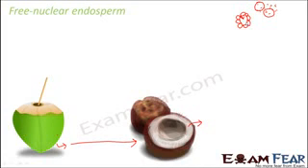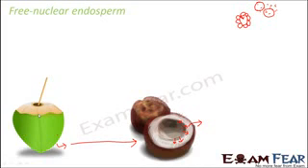So what happens, as I was telling, around these many nuclei, cell walls start to develop. So cells start forming. These cells and nuclei start settling at the periphery, and that is why the periphery tends to become thicker. If you see a tender coconut, it has a lot of water and very little white flesh, and there is more of water.